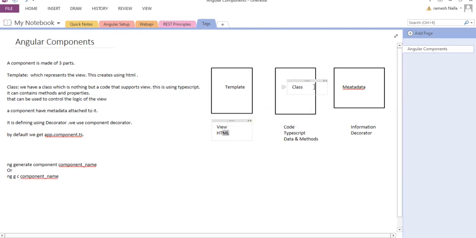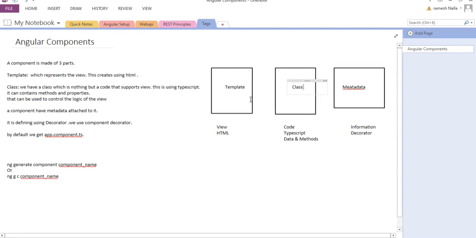Coming to the class, it is nothing but the code that supports the view. This uses TypeScript and contains methods and properties. It can be used to control the logic of the view.